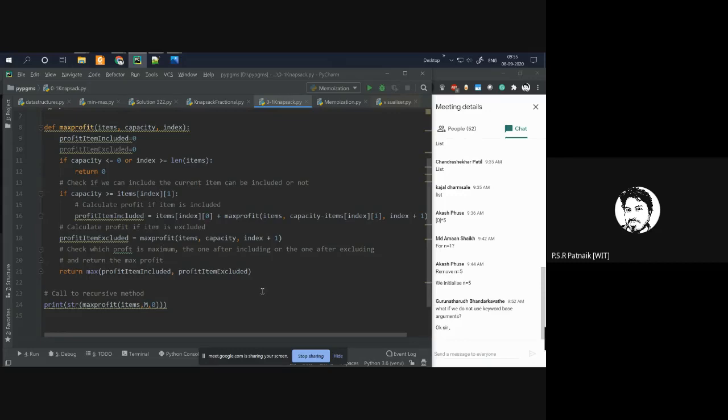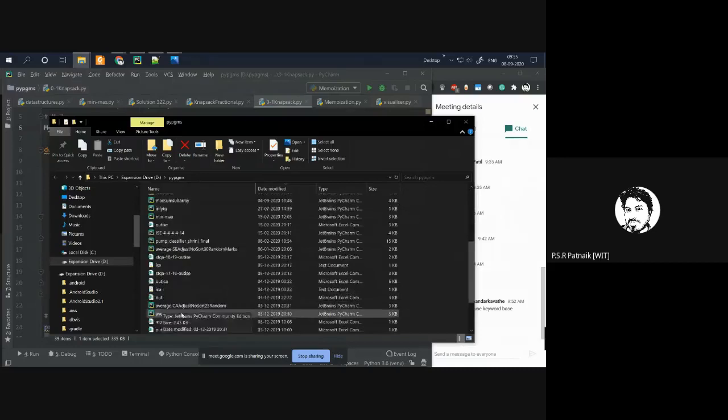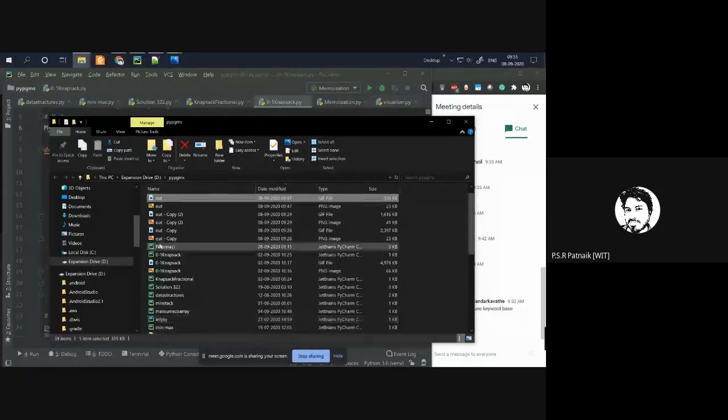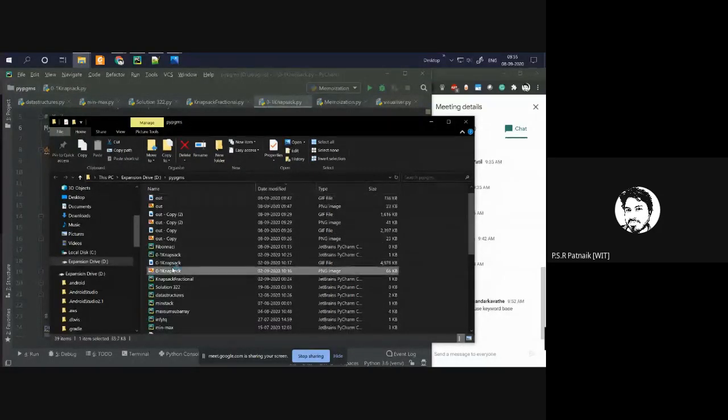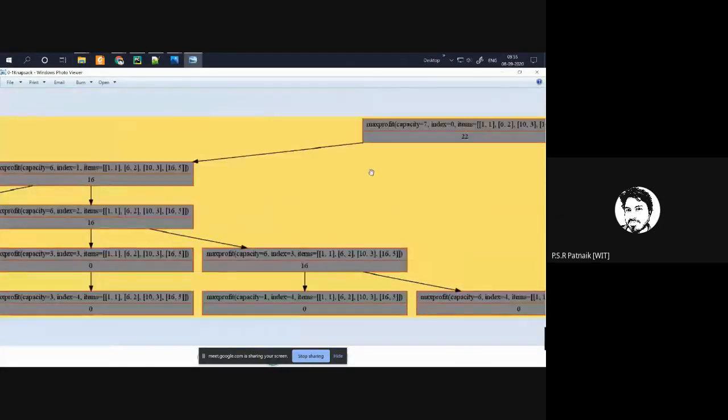Recursion tree means you have to analyze and trace the calls. If you find a scope for redundant computation of values or redundant recursive calls, then you can easily go for memoization. So if I want to go for memoization for this, I have to check, is there any redundant calls? So if I'm not wrong, I should have some values for it. Okay, I think I computed this last time, right?